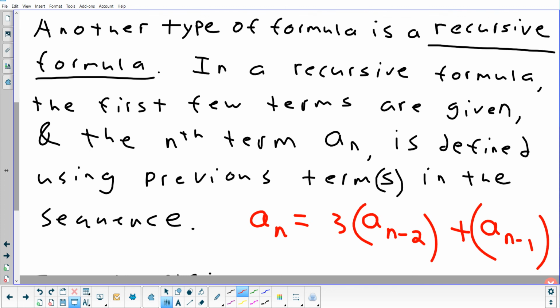And then if you wanted to figure out the third term, you could. So let's say you had a 3 and a 7. To get the next term, it says, take the term that's 2 before and triple it. So if I want to know this one, take this one and triple it. I get 9. And then add the one that's directly before it, 7. So the next term is 16. And then to get the next one after that, take the one that's 2 before it, triple it, that's 21. And add the one that's directly before it, 16. 21 plus 16, 37.